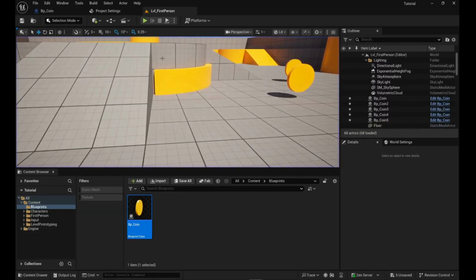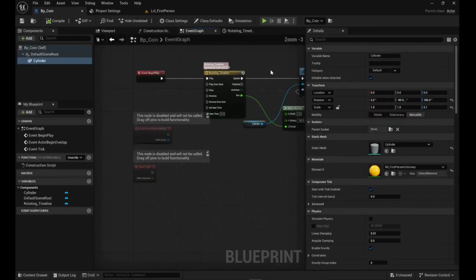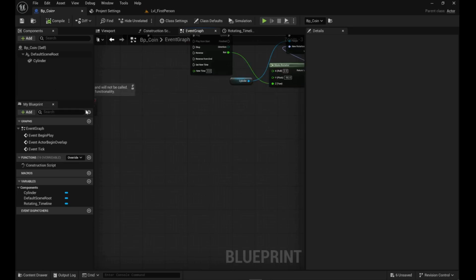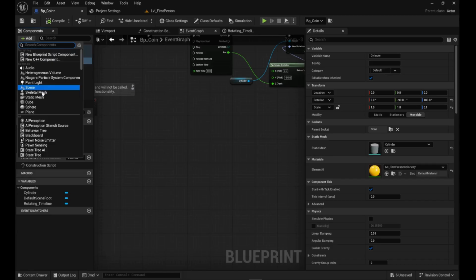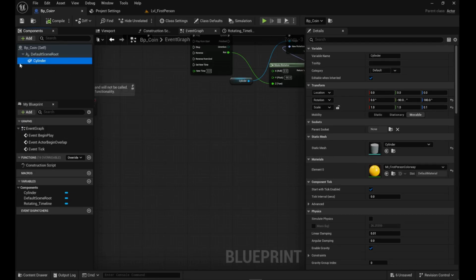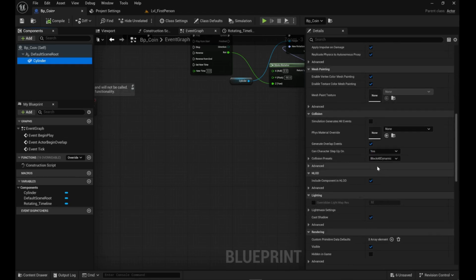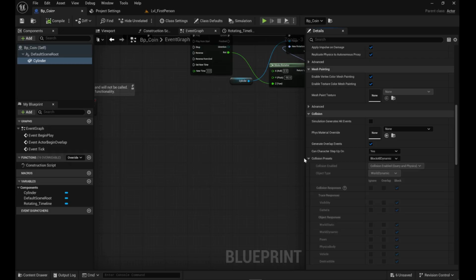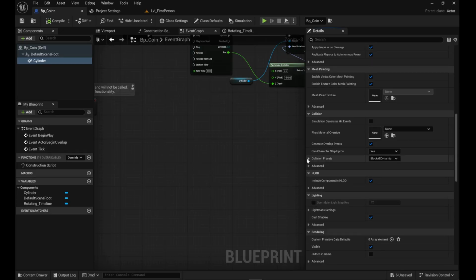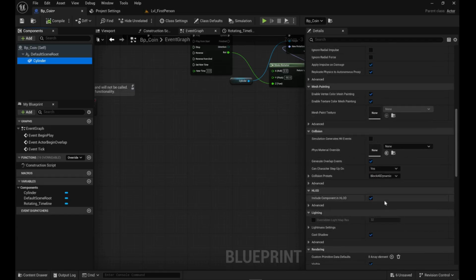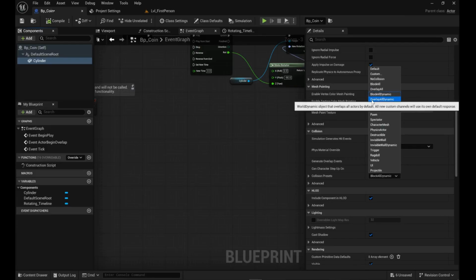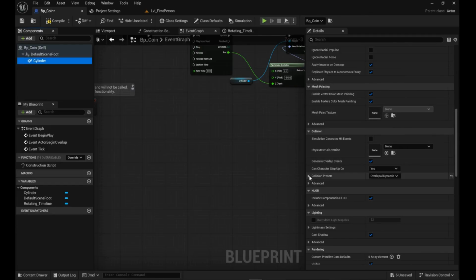Okay, next step, we're gonna do the collision and the collect mechanic. So what we're gonna be doing is going to our cylinder here, and we're gonna use it as a collision volume. So we're gonna select our cylinder, go down in the detail panel, and in the collision preset we're gonna hit overlap or dynamic,